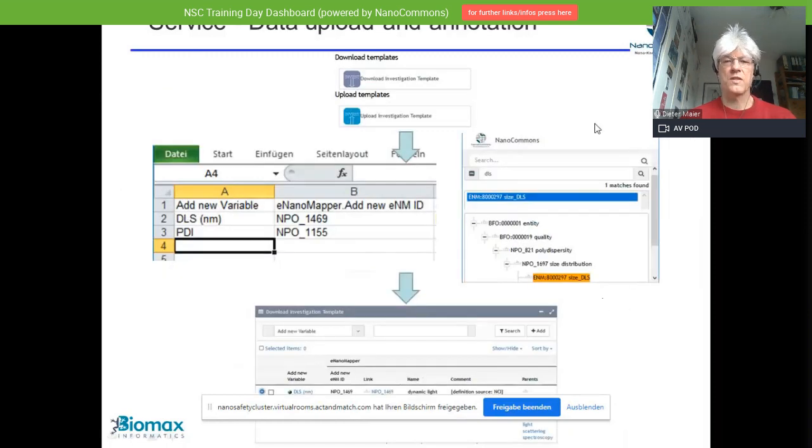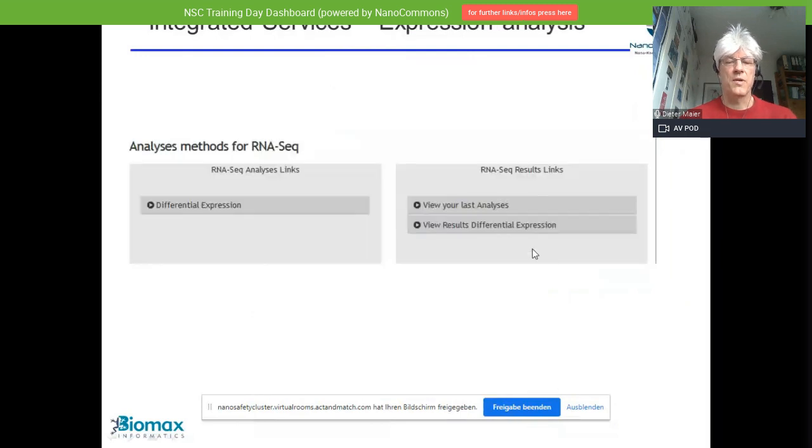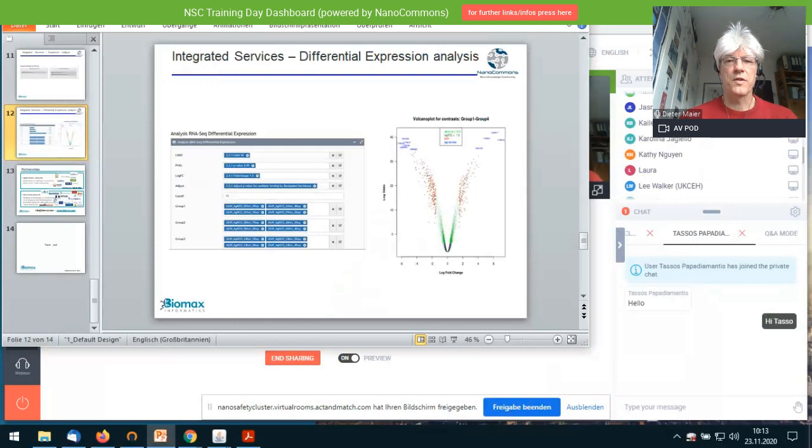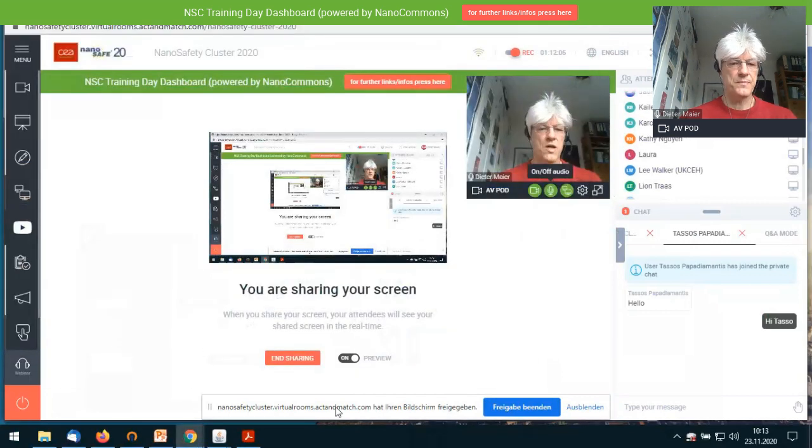So if you want to use it as a data warehouse, there are ways to add your own data into the system and make that, say, the data warehouse for your project. And there is other integrated services. Just one example, expression analysis. That's based on RNA-seq data, where you can do differential expression, pathway enrichment, and you get your classical differential expression analysis. Okay. So, but now let's focus really on today's example.